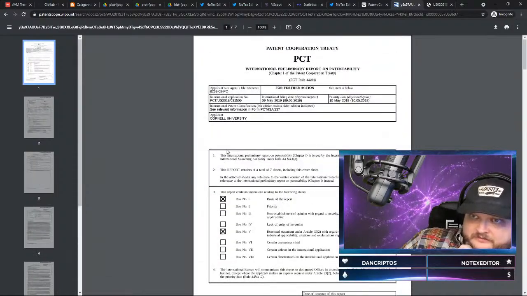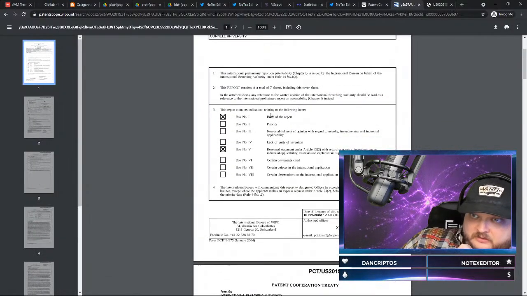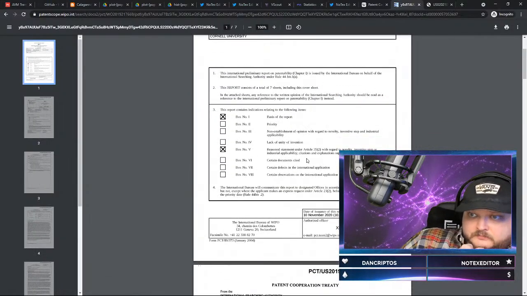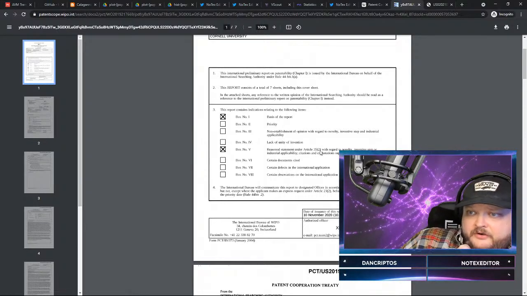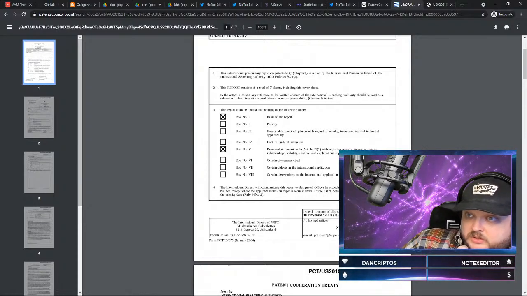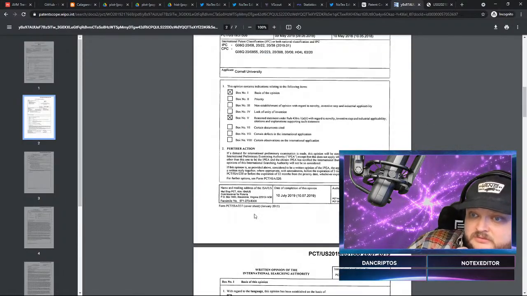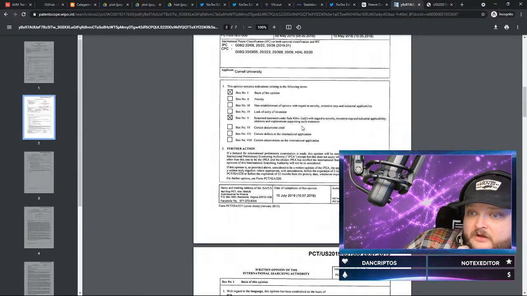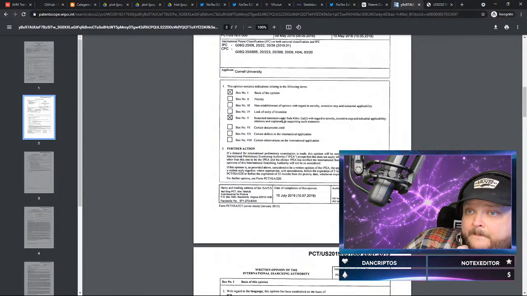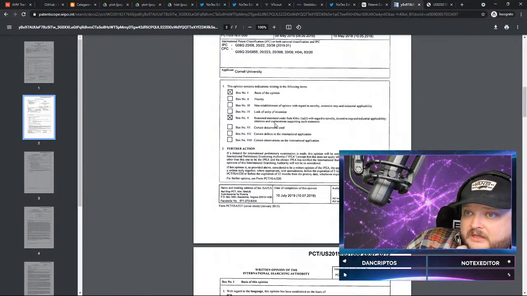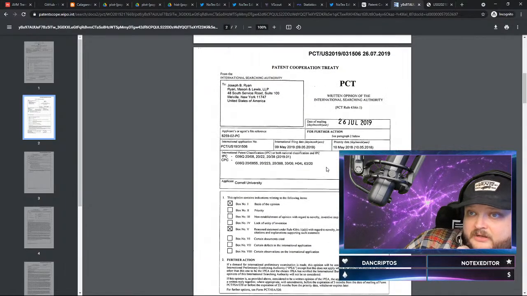And this is contesting the Cornell University patent. It contests the basis of the report. It also looks at Article 35(2). With regard to novelty, it says that that particular part is not novel. It's making that claim. It's also saying that the reasoning is the basis of the opinion on box 1.